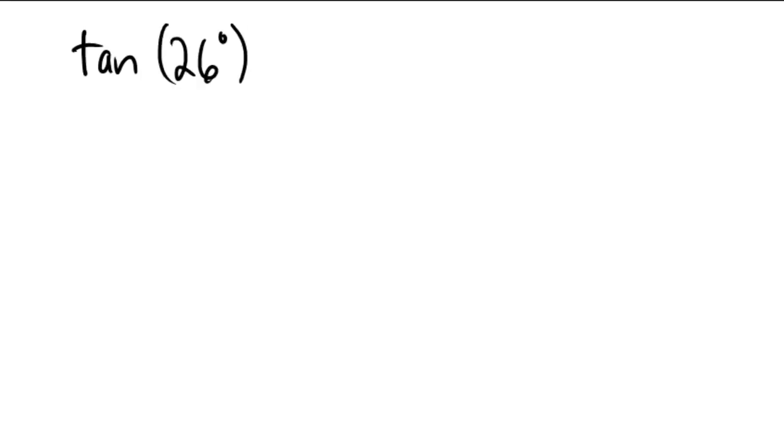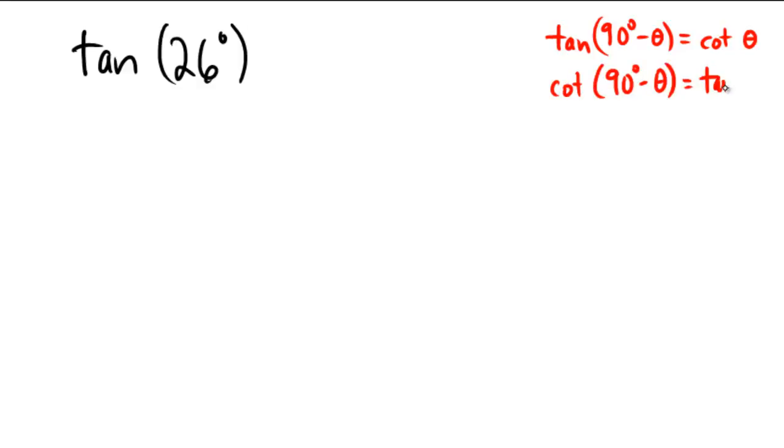Now this is different than a sine or a cosine, so assuming you paused the video and tried it on your own, the first thing I'm going to note is that the tangent of the complement of an angle is equal to the cotangent of that angle. So here we have the tangent of a complement is equal to the cotangent. This one we're clearly in degree mode, and that's why I'm using 90 degrees instead of pi over 2 radians like the previous problem. And similarly, the cotangent of 90 degrees minus theta is equal to the tangent of that